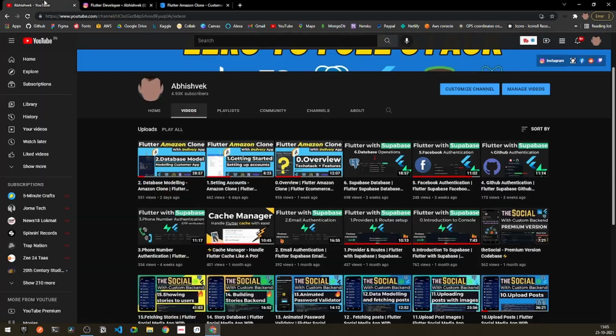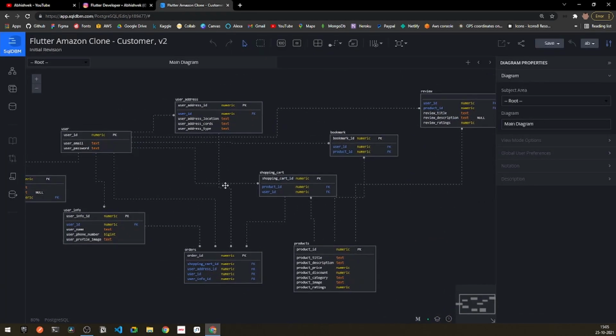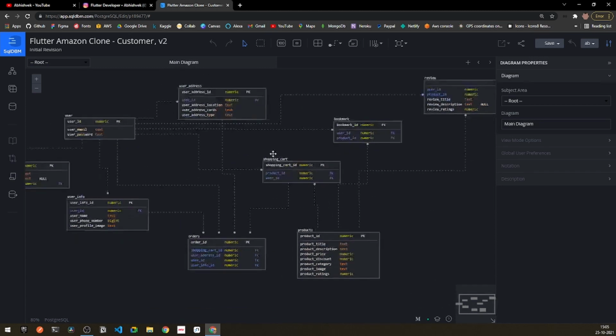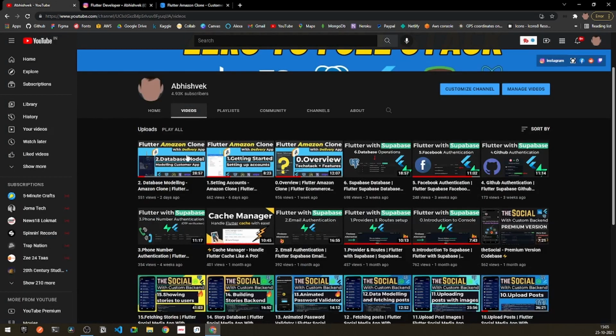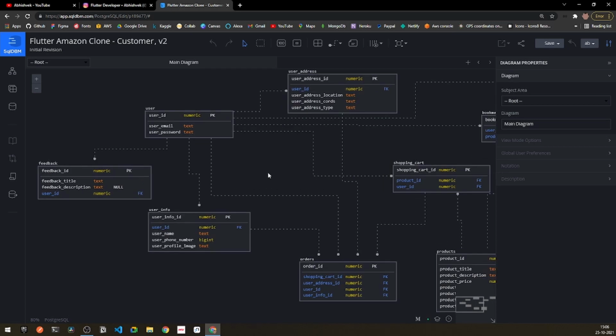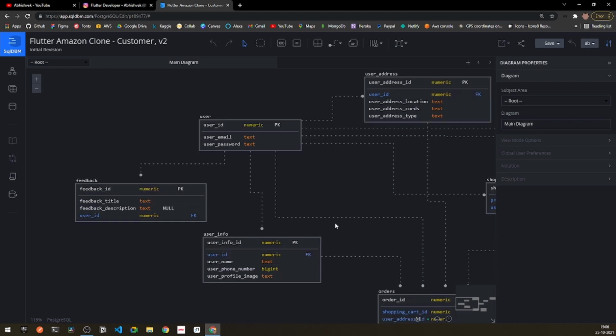So if you have seen the second video of this entire series, that is database modeling, I have explained how to build your own database model. This was the mock database model that we have created, and we will be building our entire application, that is the backend of our application, based on this. So make sure you have seen that video so you will get a proper catch of what is going on here. You can see under the first section, the user table is the most important table of our entire backend. So without any further delay, let's get started.